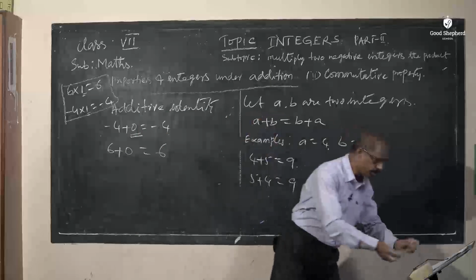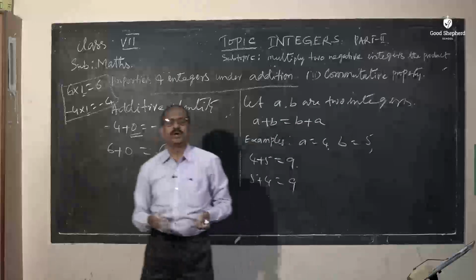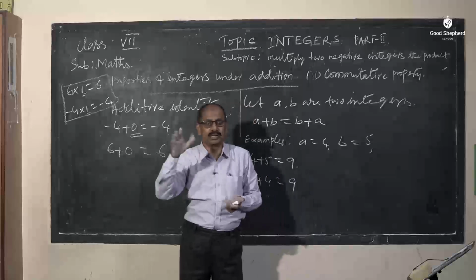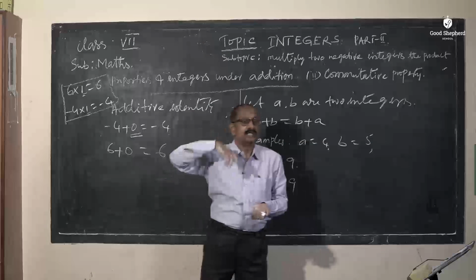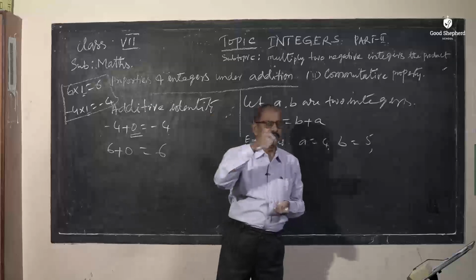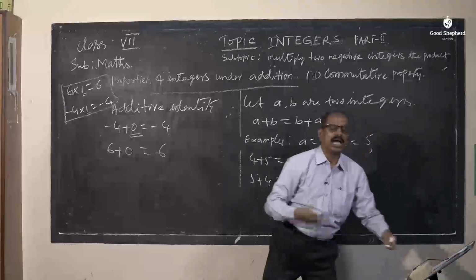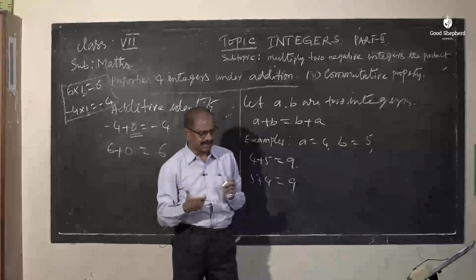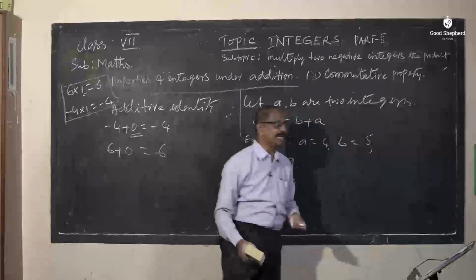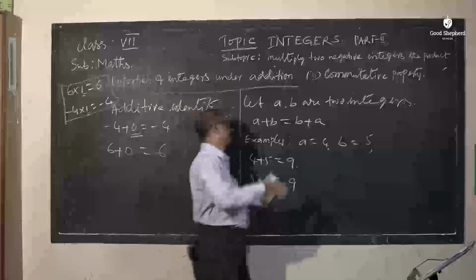The next is what we mean by additive inverse. What do you mean by inverse? Very simple. I have some 24 rupees, I purchased something, and the bill is 60 rupees. How much should I give him? The negative sign is known as the additive inverse. If I have plus 4, the additive inverse is minus 4. That is the negative sign. Their sum must be equal to 0, and that is known as the additive inverse.